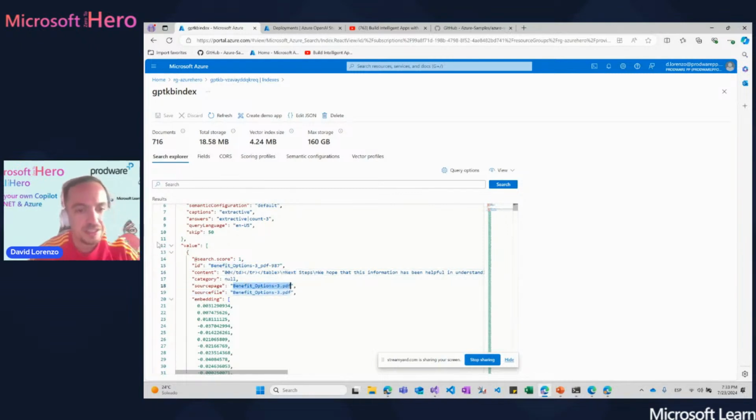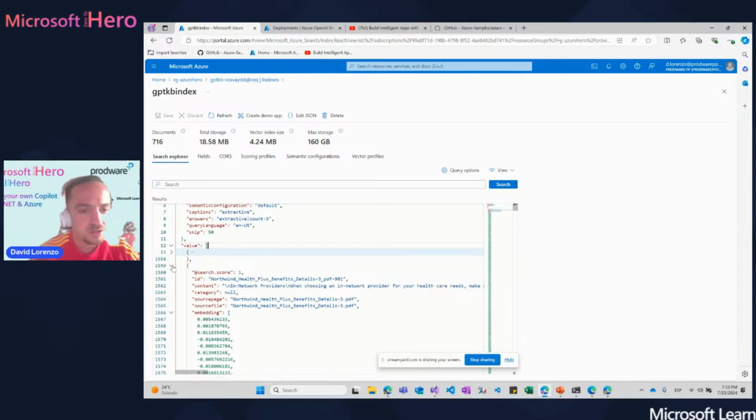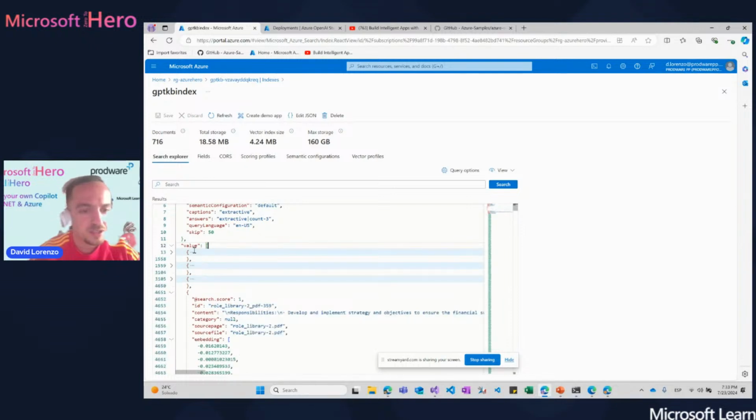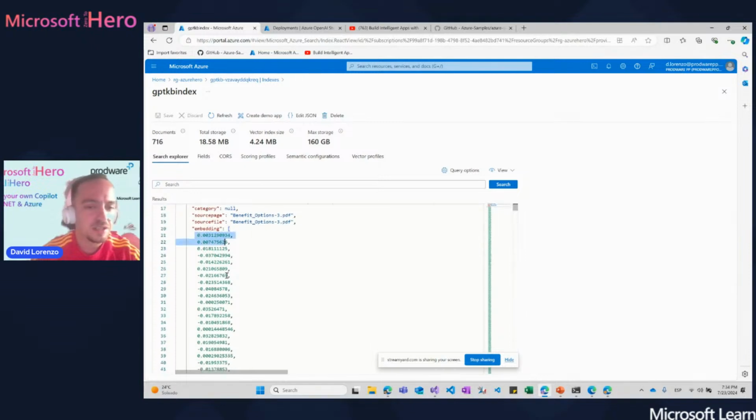In the index, we have different documents. Each of these value objects is a chunked document, a chunk of the main document, and we keep a reference to our main document. We keep the content in plain text, and then we have the embedding of